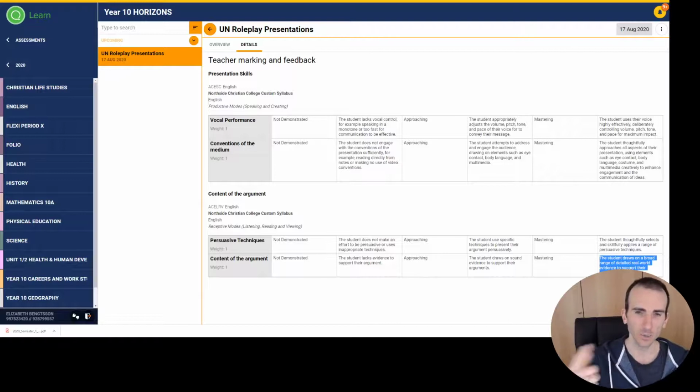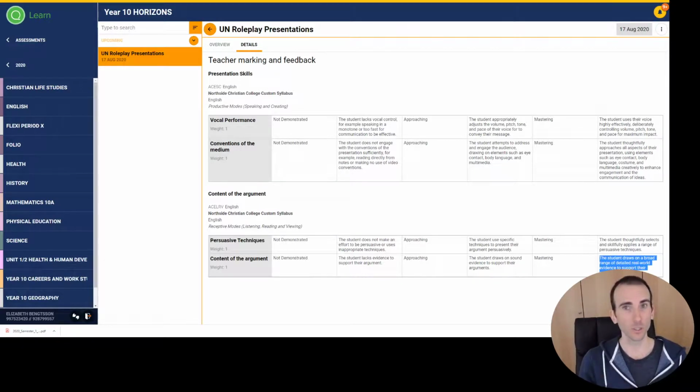But not only that, and this is where I'm adding a little bit, you've been learning about your alliance and the delegation that you're representing. What are their values? What's their perspective on this issue? And how do we see that come through in your argument? If your alliance is fighting for survival, we should see that in the choice of techniques you used, in the content of your argument, as well as in the way you speak. If your group is very comfortable and very resilient against the effects of climate change, then obviously the content of your argument will change to reflect that perspective and the values of that group. So keep that in mind.